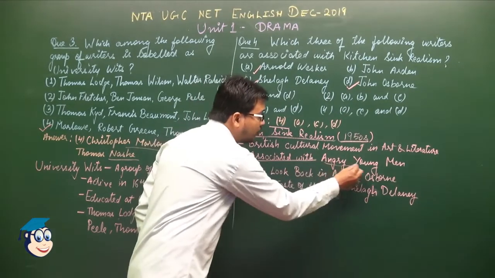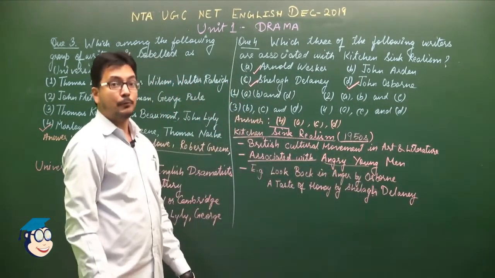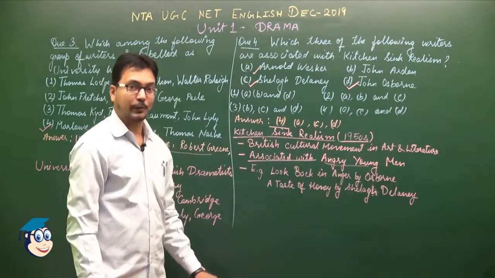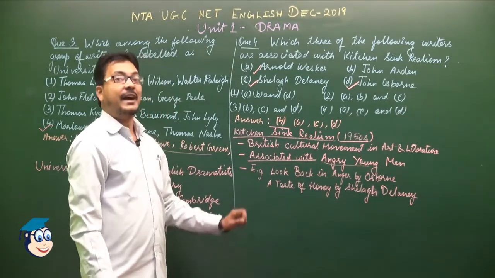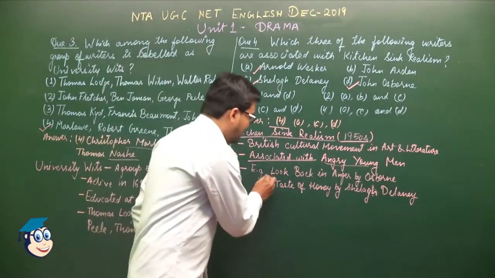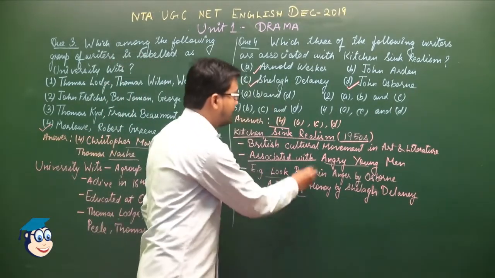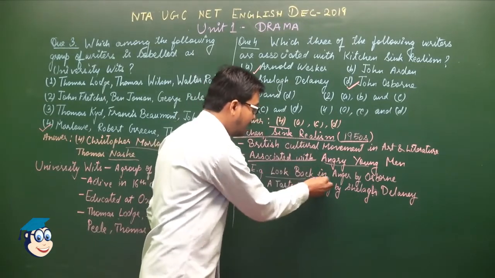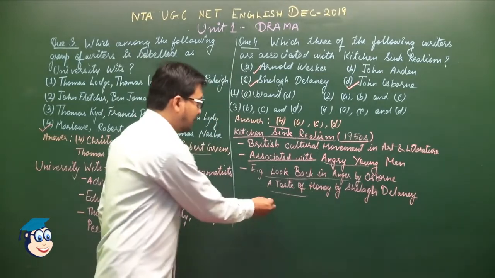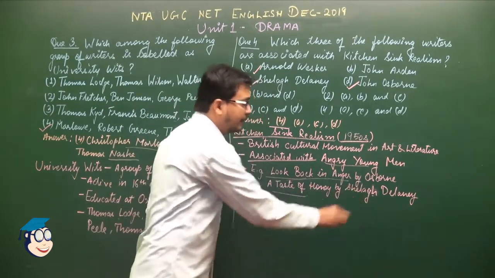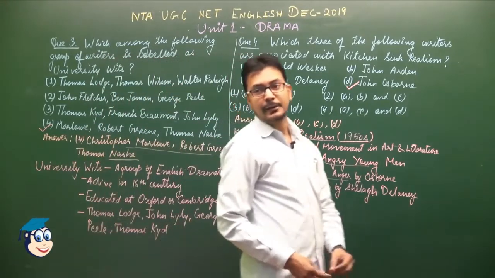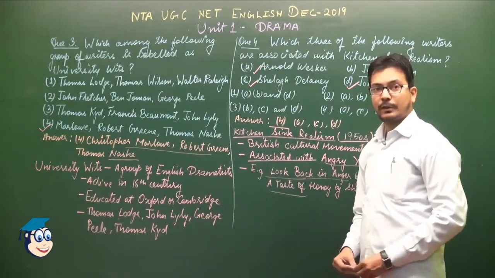It was also associated with the angry young man movement because the protagonists in these plays were dissatisfied with the social, political and moral life exhibited in society. The best examples of kitchen sink realism plays here: Look Back in Anger by John Osborne, The Taste of Honey by Shelag Delaney. This is how the movement circulated. Note it down, then we'll talk about other questions.